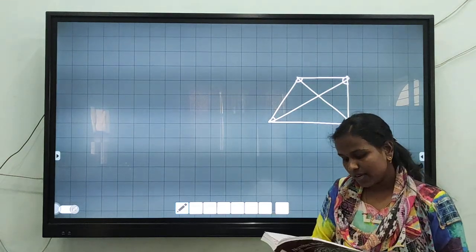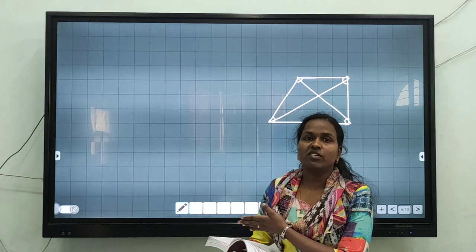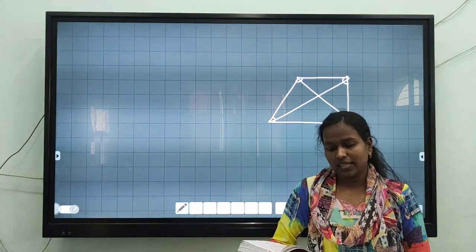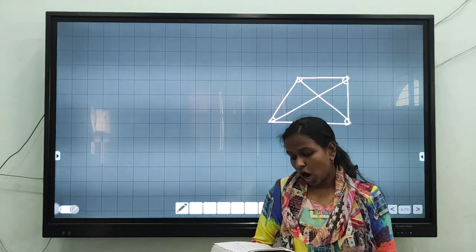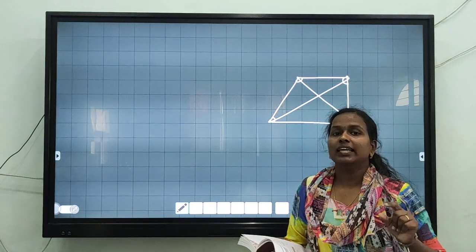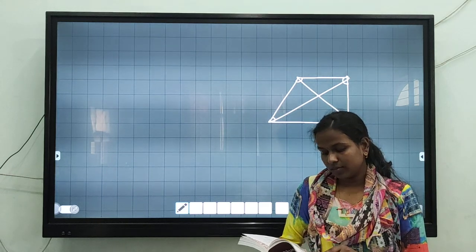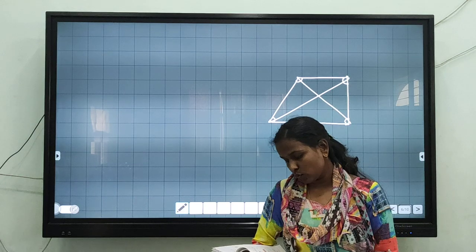Then the next question: the sum of angles of a quadrilateral. In this theorem only we proved that. What is that? The sum of angles of a quadrilateral is equal to 360 degrees. Next one, the measure of each angle of a convex quadrilateral is. Convex means, as I told, each of the angles is less than 180 degrees, and that is called a convex quadrilateral. That means in the blank what will come? Less will come, less than 180 degrees.